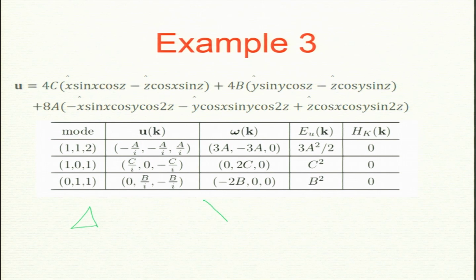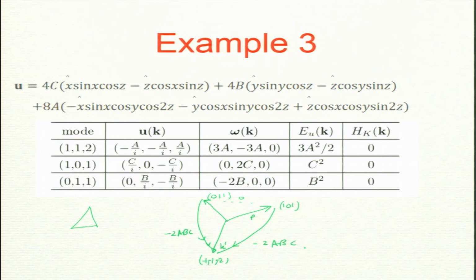I will draw the picture here, okay. This one I will ask you to do, not as homework because this is only an exercise, but just do it at home: 1 0 1, 0 1 1, 1 1 2, okay. So, they will add up to 0. So, this k prime should be minus 1, minus 1, minus 2. It turns out that you get minus 2 ABC, and this is minus 2 ABC, and there is no transfer from here to there, 0.